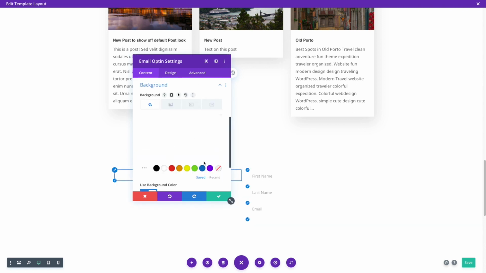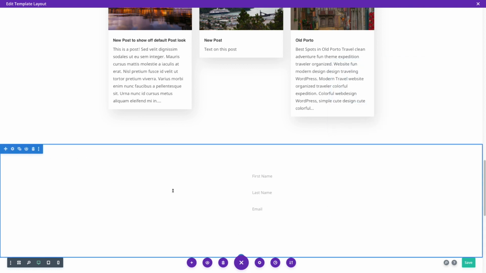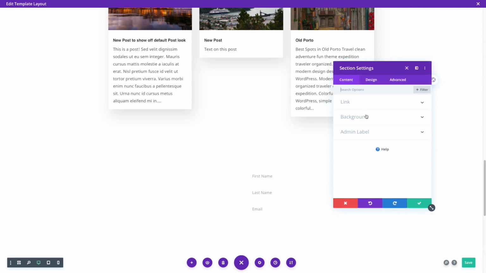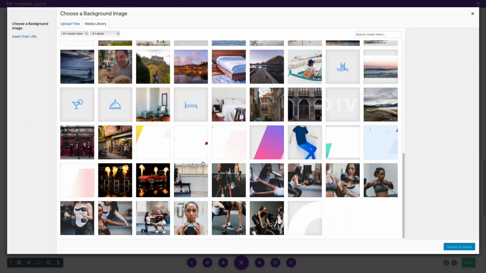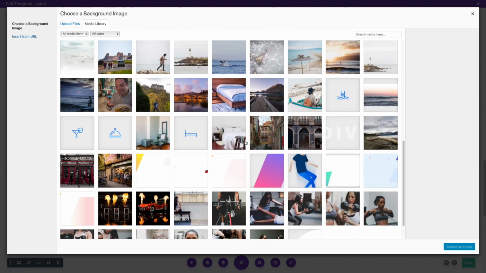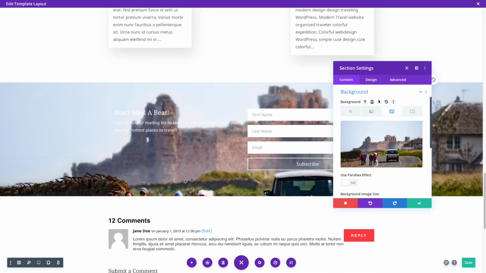For right now, I'm just going to remove the background altogether. I want to put this actually as a background for this entire section. So let's just go back over here. And this way it'll allow us to see kind of what we're working with and what we're doing here. Click on the little gear icon for the section, background, add a background image, grab that Scotland image that I took. Where'd it go? There it is. I think it's kind of like the perfect image for a travel blog here. And then let's set